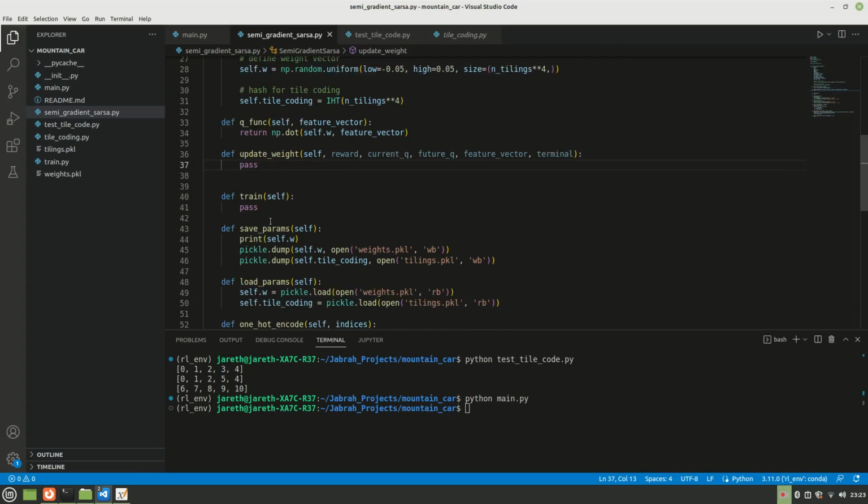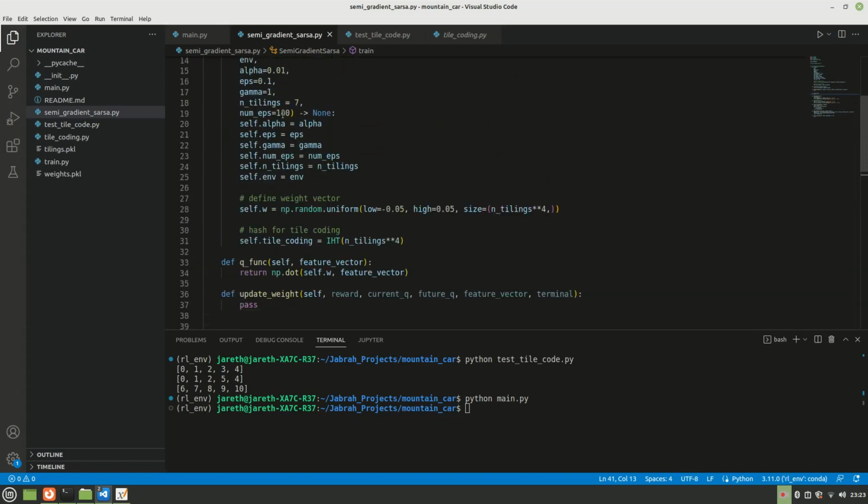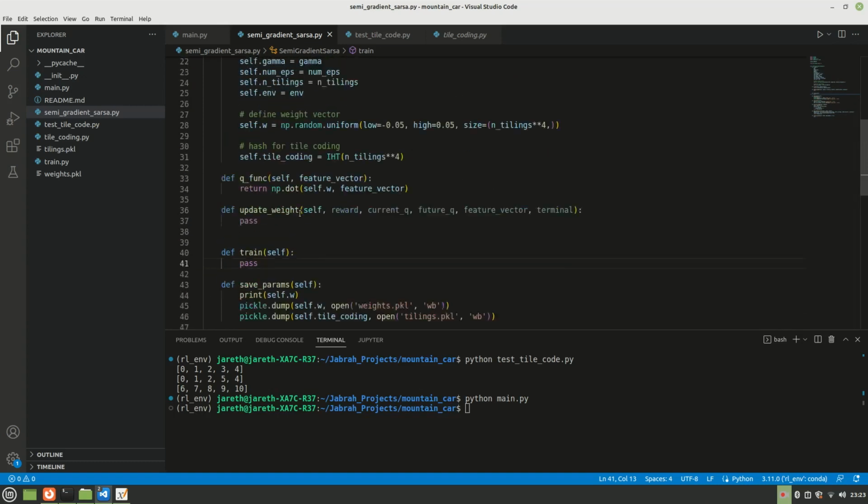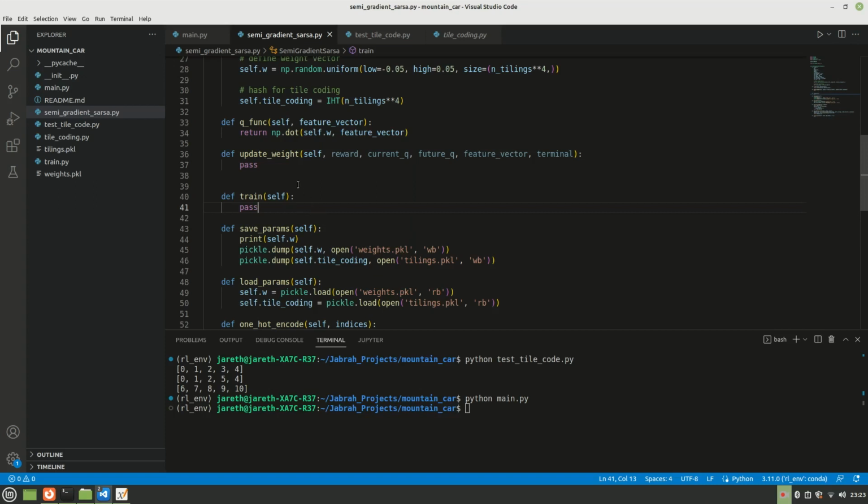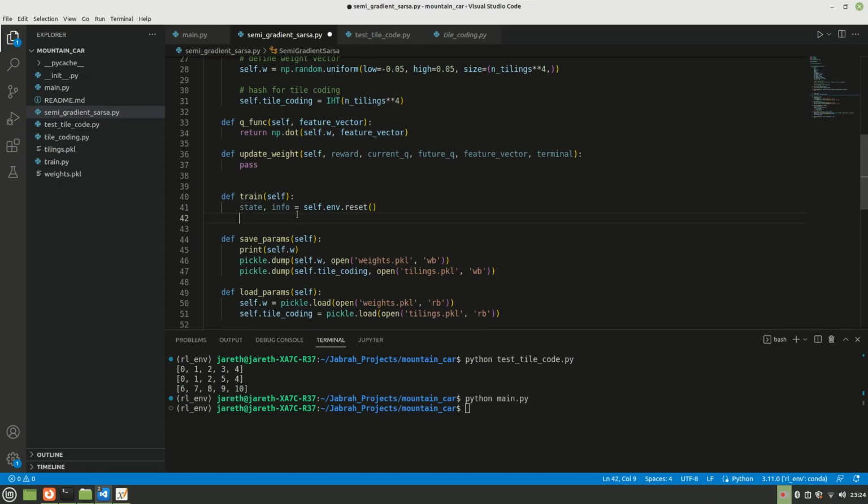And then the next thing is we want to start the training process, right? So one of the inputs, of course, is going to be the environment itself, and we want to get the initial state of the environment. So to do that, we start like this, state, let's just use the same logic. So self.environment.reset, right? So that will give us our initial state, and then from this initial state, we're going to take